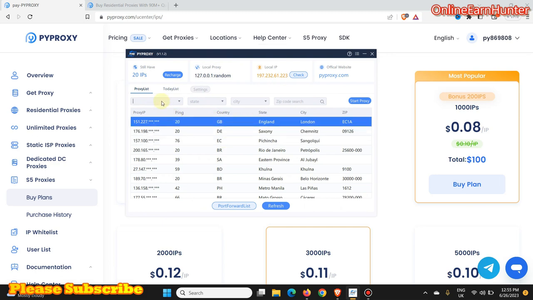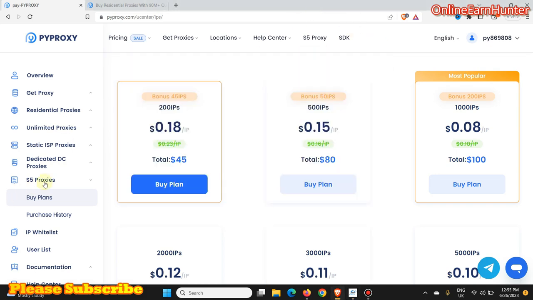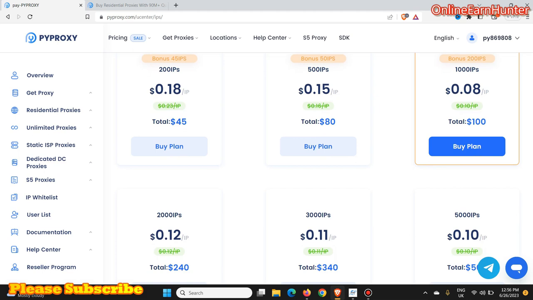You can select any country you want, like US, like that. It brings you all the countries, all the states in the USA. This is under S5 proxy. So for the S5 proxy, you have to have a laptop to download the Pyproxy manager. But for now, I want to show you static ISP and residential proxy because they don't require Pyproxy software on your device. This is why I decided to review